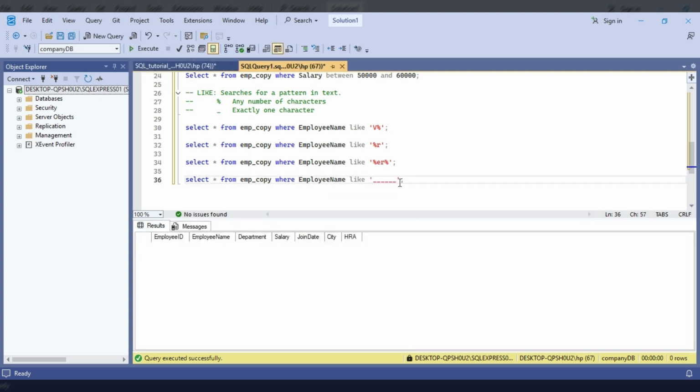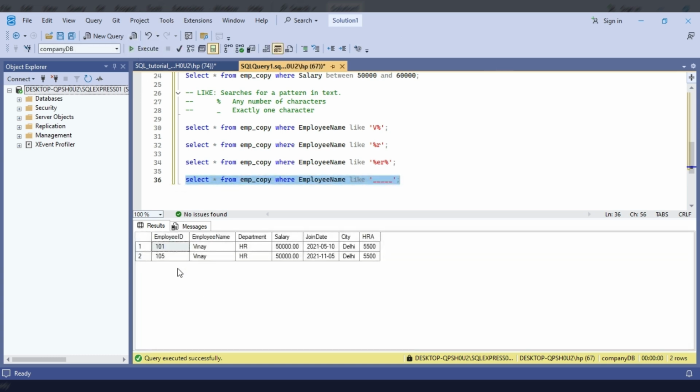No record is there. Let's say I give 5 underscores. Select this command. Yes, we have the name Vinay which has exactly 5 characters. So this is the use of the LIKE command with percentage and underscore. In this way we can use the LIKE command with these special characters to find patterns in the names.